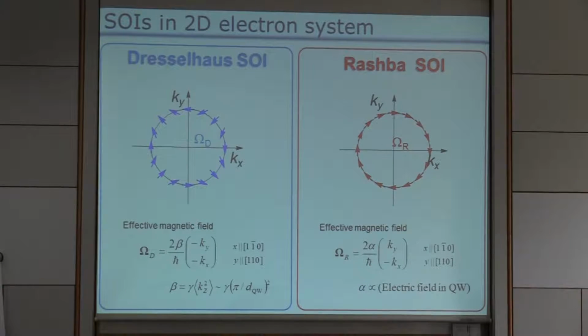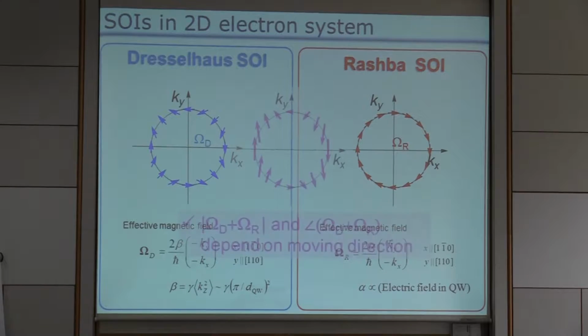The Rashba spin-orbit interaction is simpler than the Dresselhaus one because the effective magnetic field is always perpendicular to the moving direction. On the other hand, the Dresselhaus spin-orbit interaction has a somewhat more complicated direction dependence, but we can calculate it with this simple formula. In actual materials, these two spin-orbit interactions coexist. That means we can